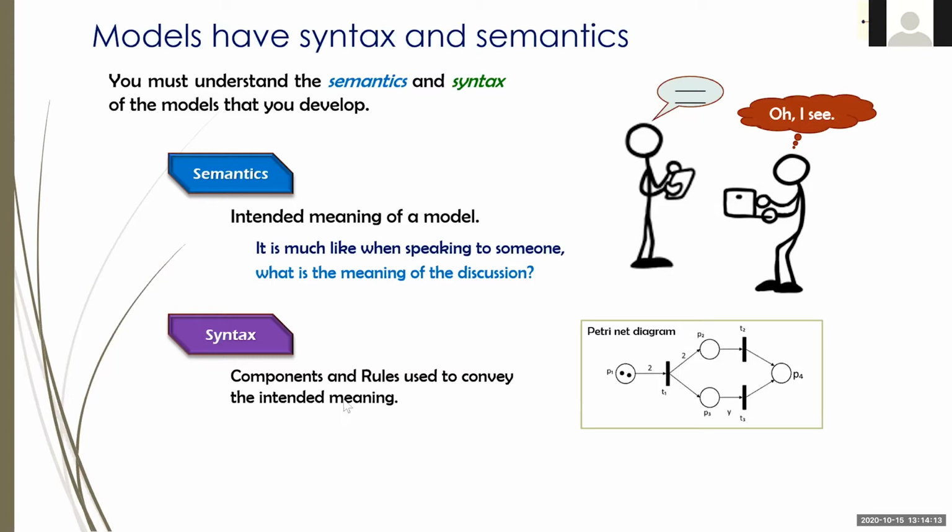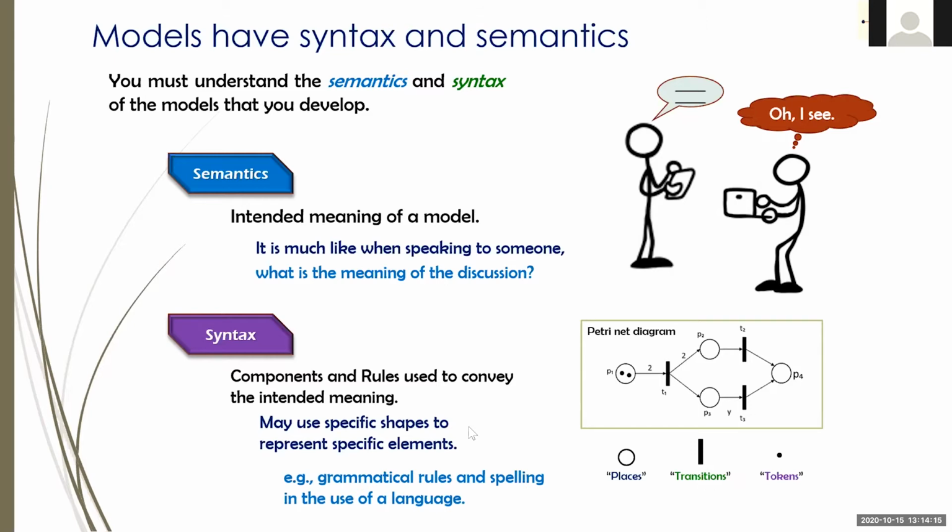So the syntax is the different elements that you have to build your model. In the case of the Petri net diagram, we are using the places, the transitions, and the tokens. And so in this case, for example, we have a place that has two tokens. The tokens are the events. And what this diagram is telling us is that in order to fire this transition, I'm on the right part of the model, so on P1 and T1. So in order to fire T1, we need two tokens from place number one.